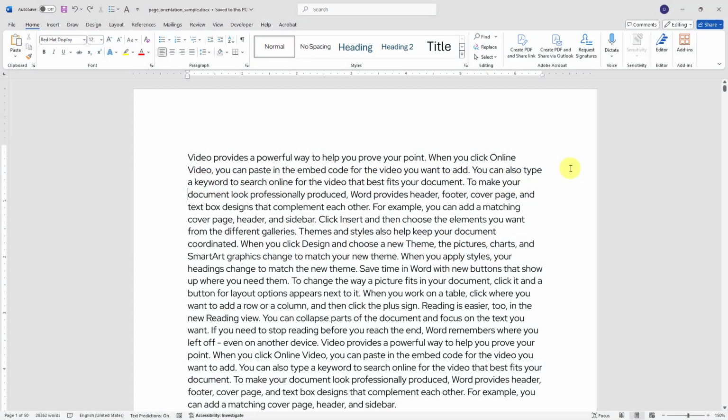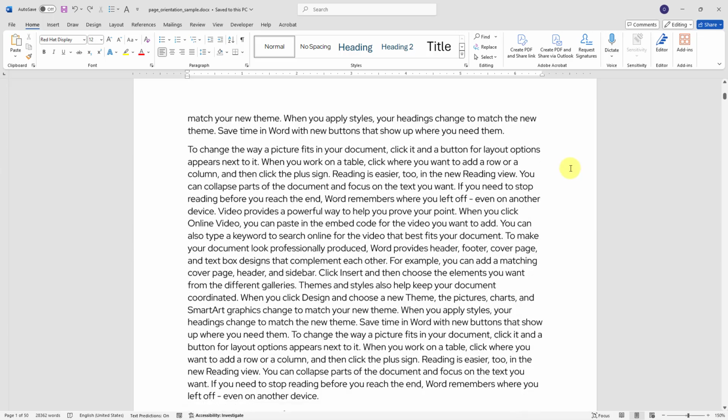In this scenario, where multiple pages with complex content need to be adjusted, the best approach is to insert section breaks and change the orientation for each section without affecting the rest of the document. Let's say you want pages 3 through 15 of your 50-page document to be in landscape orientation. To achieve that, 2 section breaks need to be added to the document.